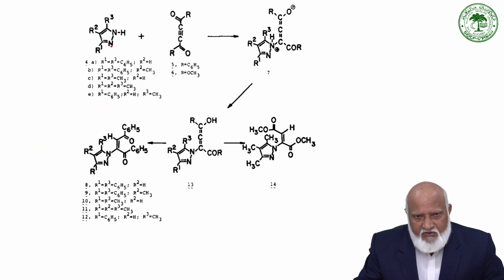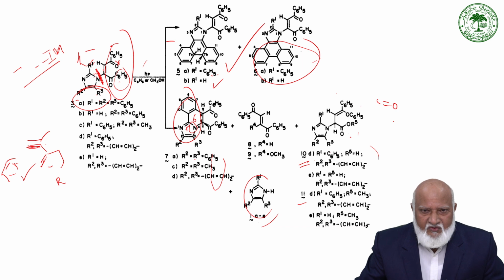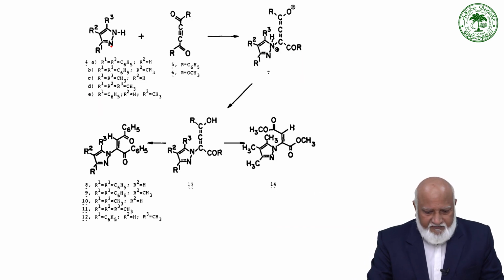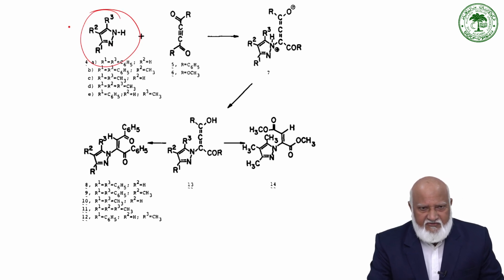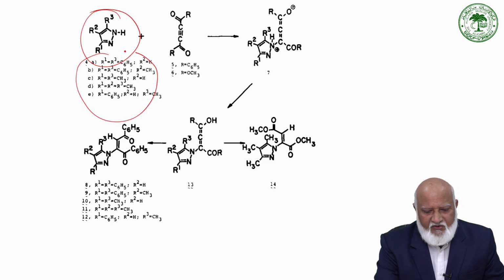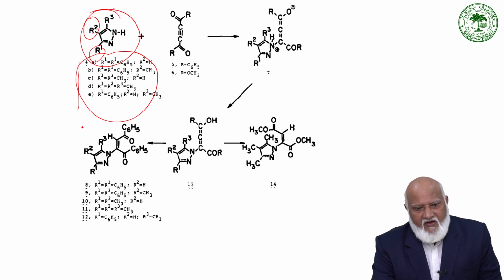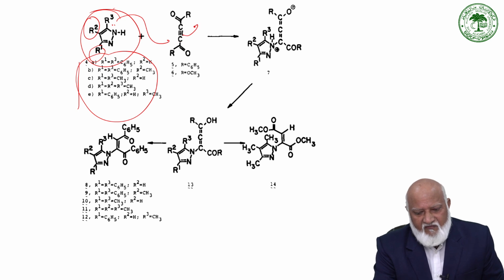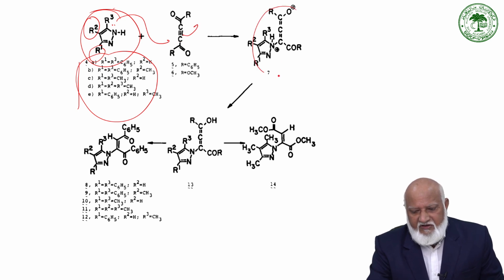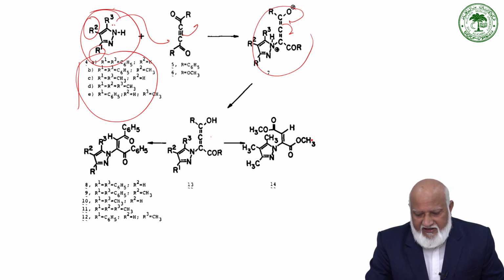So coming to not only imidazole, this reaction was further extended, and pyrazole derivatives have also been studied. A large number of pyrazole derivatives with different R1, R2 and R3 substituents are shown over here. They also add in a similar fashion: the lone pair of nitrogen adds in a nucleophilic fashion to one of the acetylene carbons, followed by abstraction of a proton. This is the intermediate, and then it comes back and abstracts a proton to give this intermediate, and then ultimately